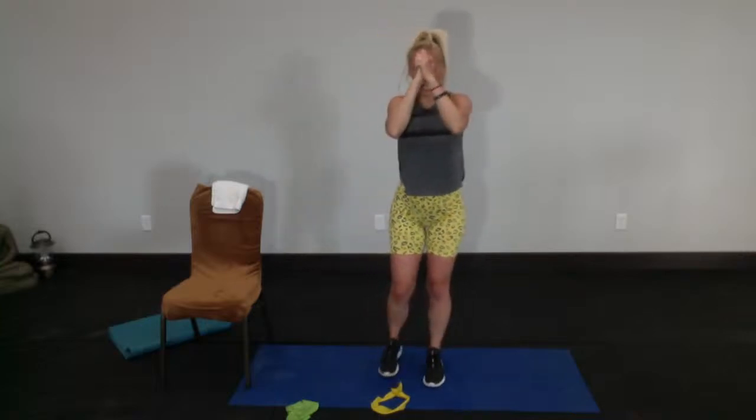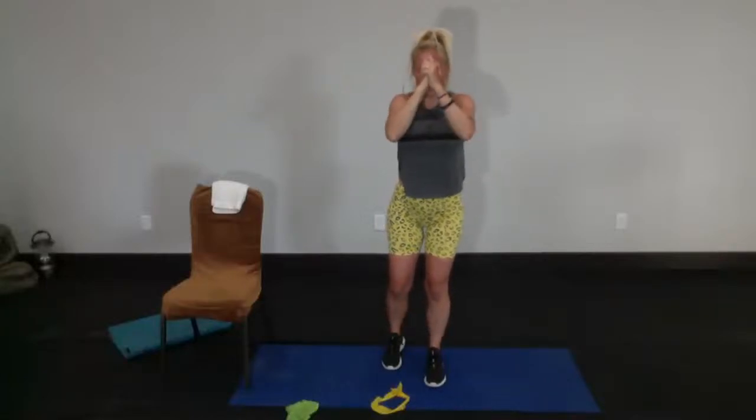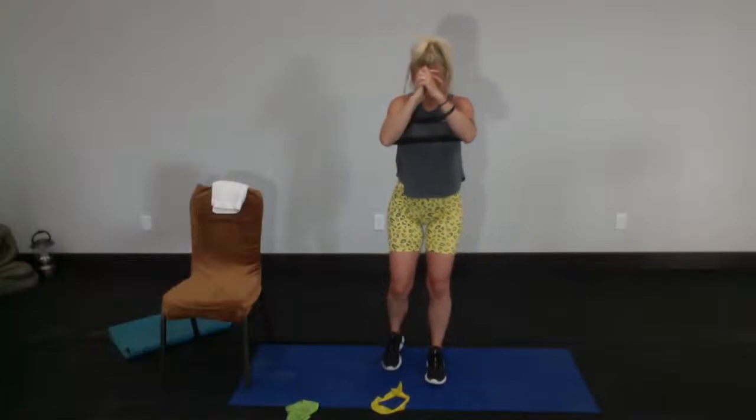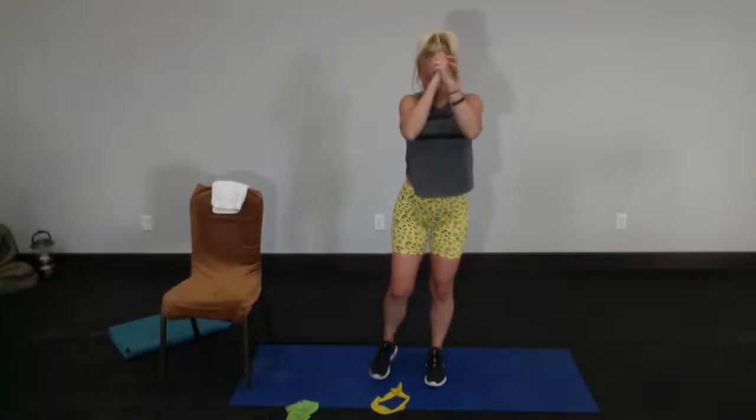We are going to do 15 seconds. You'll probably do one press with every one of my counts. Keep your elbows up. Don't let them sink. Here we go. 15, 14, 13, and 12. Oh my gosh, this is one of those moves that just hits you, right? 9, 8, 7, 6, 5, 4, 3,